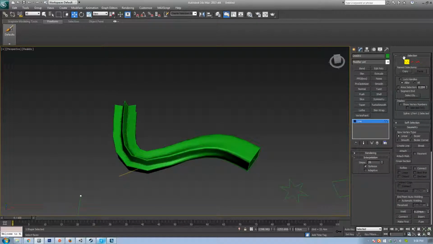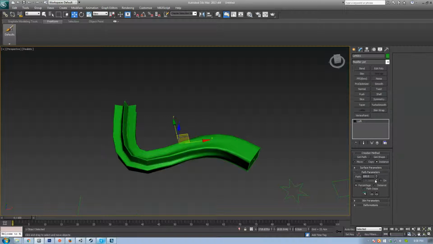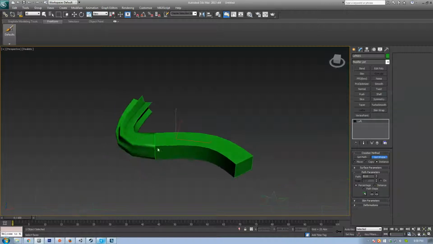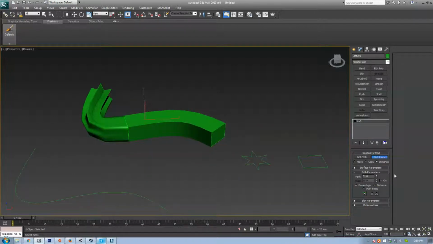And you could add as many shapes to this loft as you like. So you can do however many things. You can even just pick a shape from there. You could do it at 50%. So if I wanted to do 50%, and then it's also a square, and then it finally starts converting to a star, I could totally do that. So you definitely could do the different shapes and stuff. You can select a shape, so if you want to select this or select this, and then you can